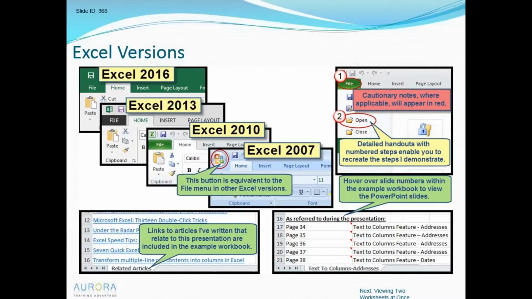I do compensate for that by having very detailed handouts. So if we're talking about particular techniques, you'll see that all the steps are numbered, and so we just follow the numbered steps. Some of the slides may feel like they have a lot of information on them. That is intentional because I try to minimize having to flip from slide to slide so that you can stay oriented, and then also we just follow the numbers around the slide to carry out the technique. In the past I have taken techniques and spread them across a couple slides, and then if you miss a step, suddenly you can't catch up. So that is the logic behind having all the information fitting in on one slide where I can.